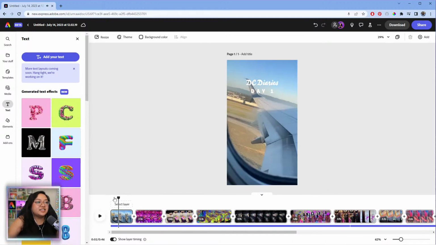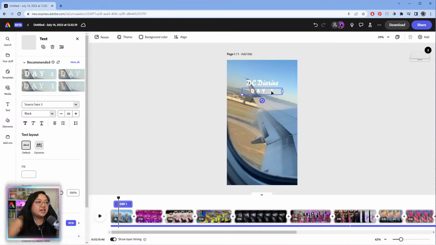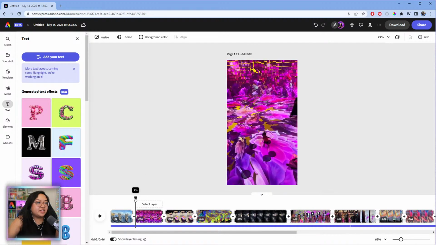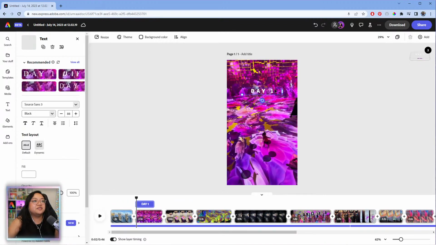Cool. So that's that. And then I'm just going to continue to add more text. So I'm just going to click on this. I think I can copy and then we can paste it here. Yes, we can. Okay, so now to be consistent with the other text that I have, I'm just going to copy and paste the different text blocks, but these are going to mark the different locations.